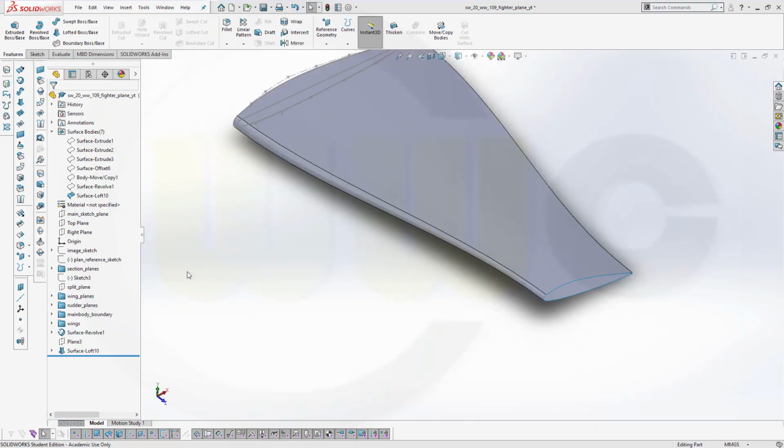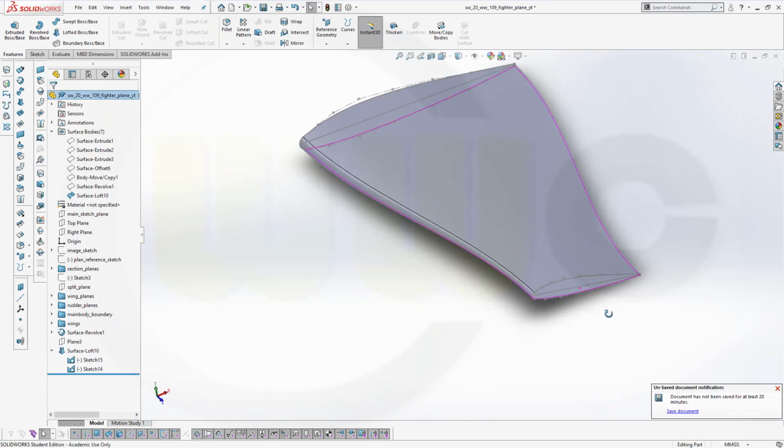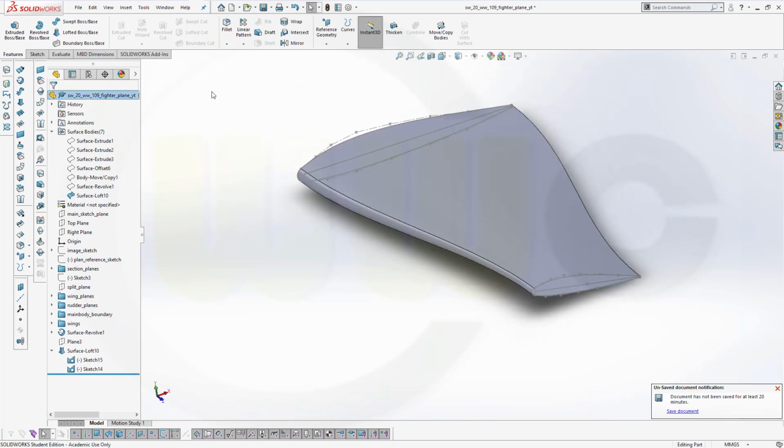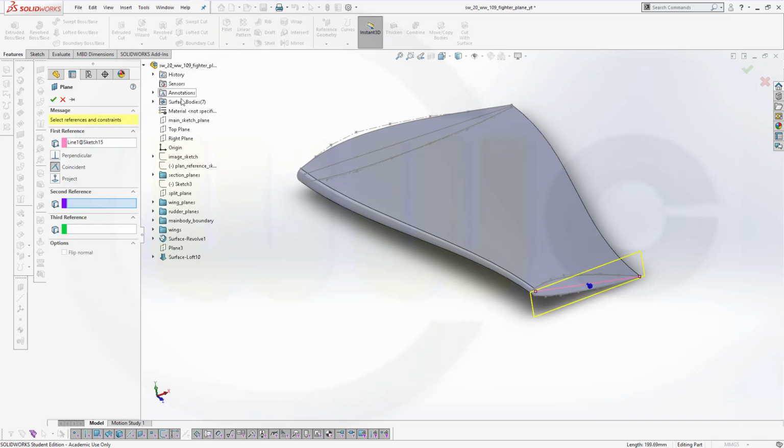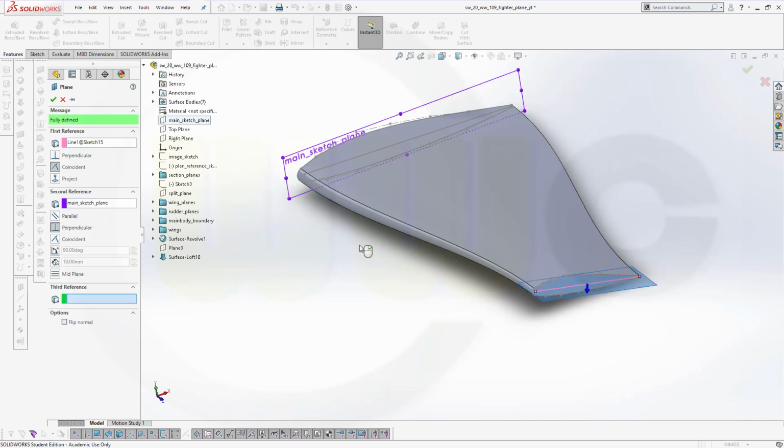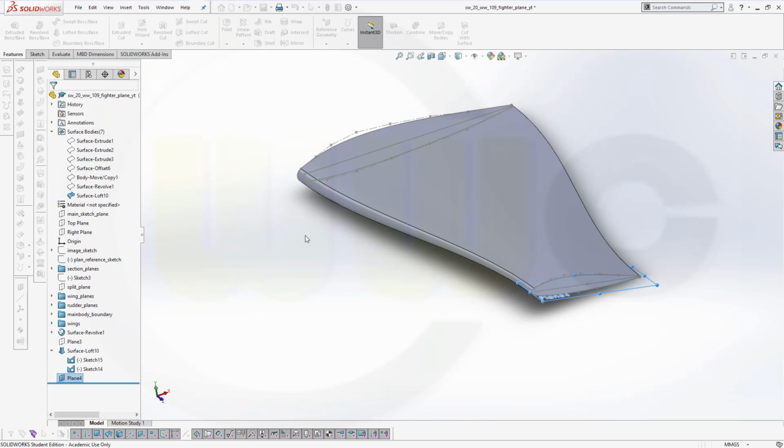Okay, let's show that sketch because I need another plane. And let's go for a plane. That should be rotated around this axis, and the second reference should be the main sketch plane, and I want it to be 90 degrees, so it's perpendicular. That's okay, and confirm. Then do a sketch on this plane here,